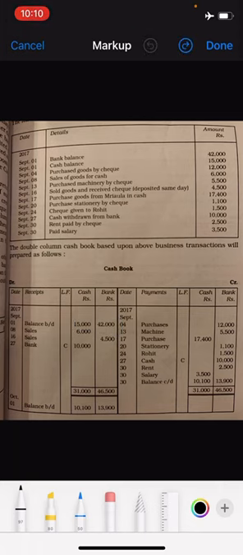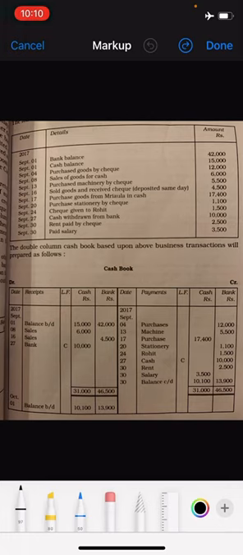See, this is there in your textbook. Okay, 107 page number. September 4, purchase goods by check 12,000. So whenever goods is purchased, the journal entry is purchase account debited to bank account. Why bank? Because here goods is purchased by check. So purchase account debited to bank account. So bank account is credited.